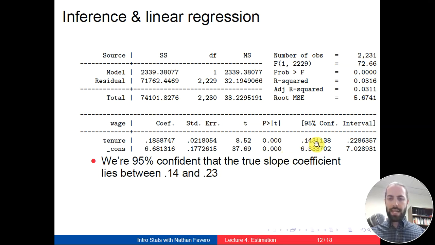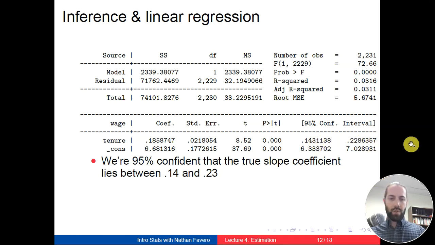And we'll have that on the next slide, I believe. But right here, you can see that we also have a confidence interval, which we didn't look at last week. In other words, if we want to give this quick and easy interpretation of confidence intervals, we would say that we're 95% confident that the true slope coefficient is between 0.14 and 0.23, between these two numbers that are displayed right here for the slope coefficient, right? The coefficient that comes next to tenure. And you can see that this point estimate that we focused on before is right in the middle of that range. This number is going to fall right in between this range of two numbers that we see over here